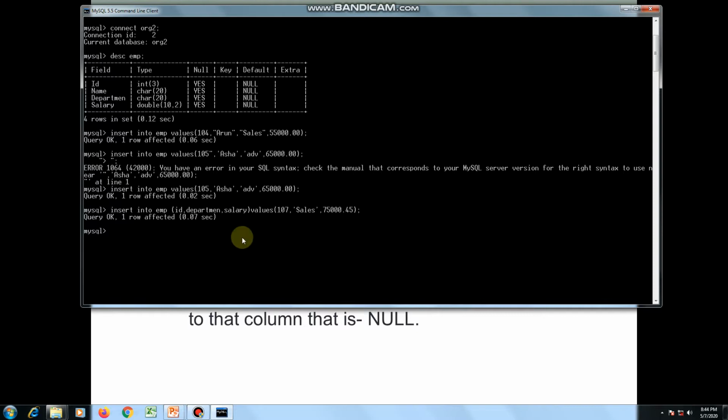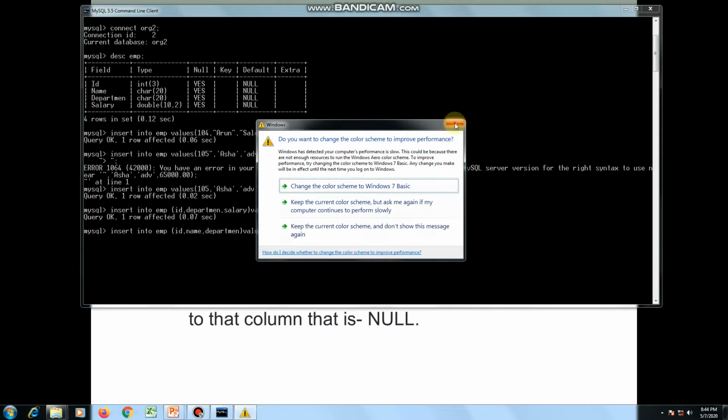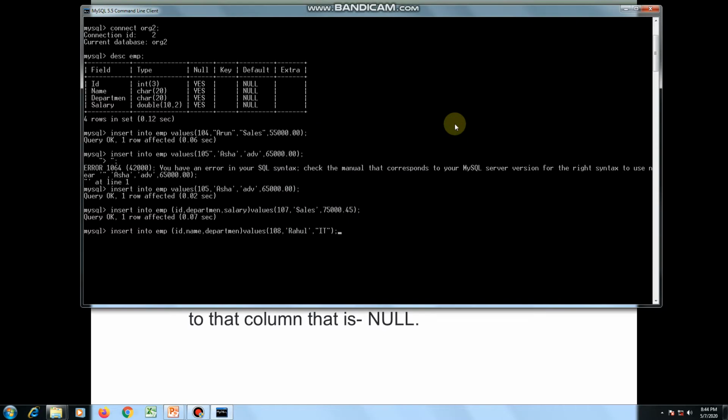If you want to miss the salary attribute for this table, then you can use insert into emp, then id that we need to insert, and then name, and then department. Since we don't need to specify salary, I'm missing salary here. So after skipping this salary value, the values attribute will be there: 108 for employee ID, then the name of the employee is Rahul, and then department name is IT, and here I'm missing the salary value, just closing this bracket, semicolon, enter.